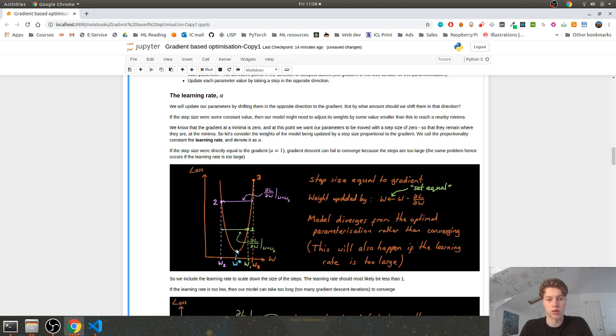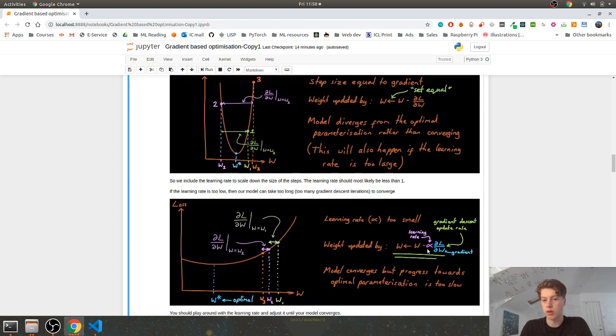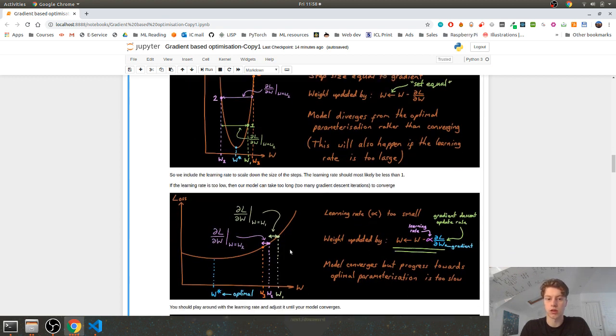So we need to take steps which are actually smaller than the gradient, or maybe smaller than just some constant value. And this is where we should introduce the learning rate, this value alpha, which we can choose, and which we should usually set less than 1, such that we don't take steps like this. We don't take our weight and set it to what it was minus the whole gradient. Instead, we multiply that gradient by this learning rate alpha,